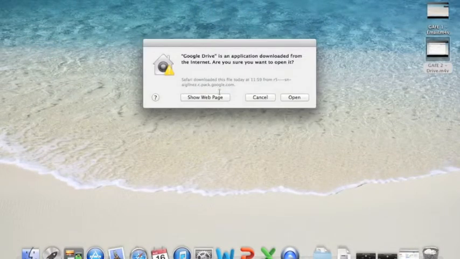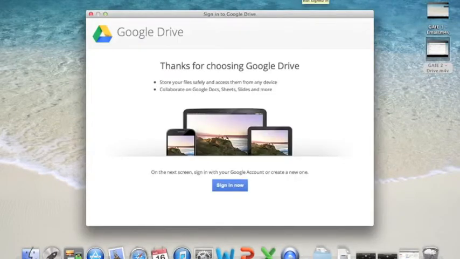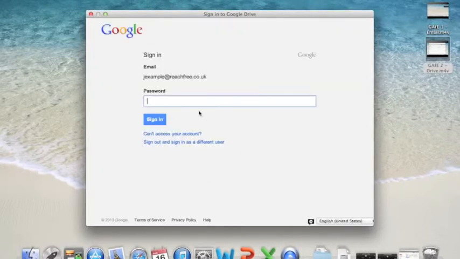and it comes up, application download from the internet. Yes, that's fine. You can click open, and it will eventually open for you. You'll see this little icon up here, which is your Google Drive icon, which we'll come back to in a second, and it asks you to sign in. So you click sign in now. It's already got my email there because I'm logged in on the internet. If that's wrong, you can click sign out and sign in as a different user for some reason, but just